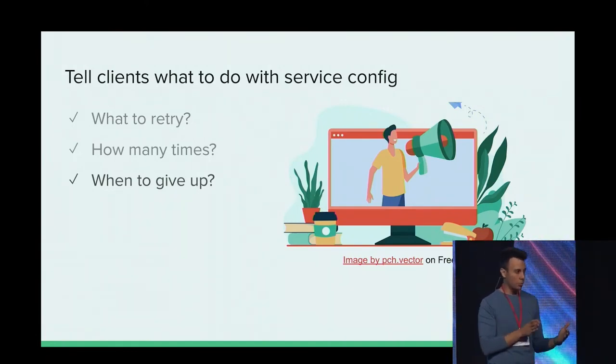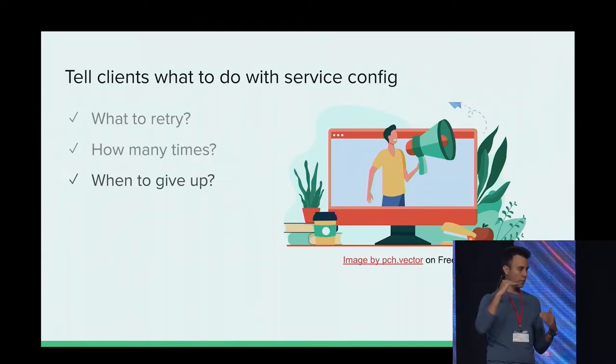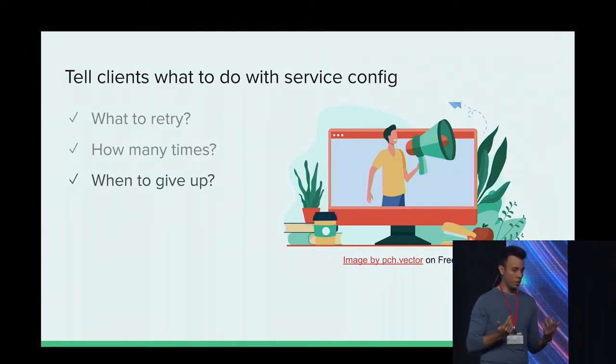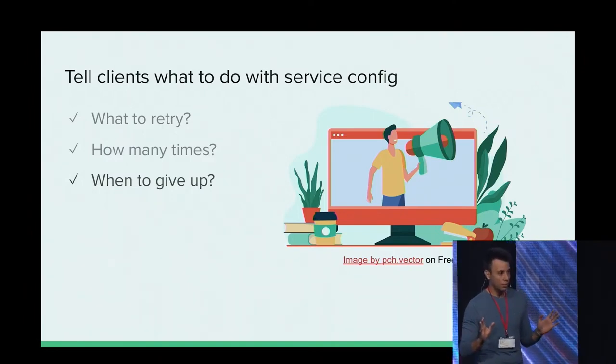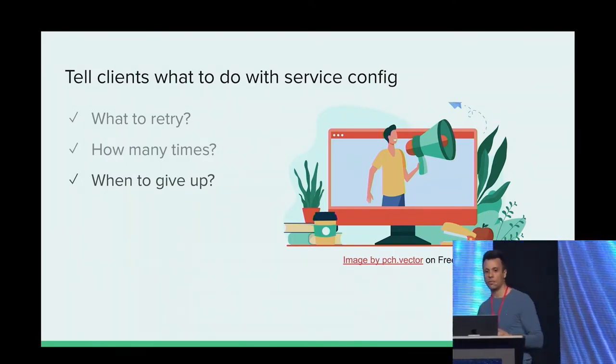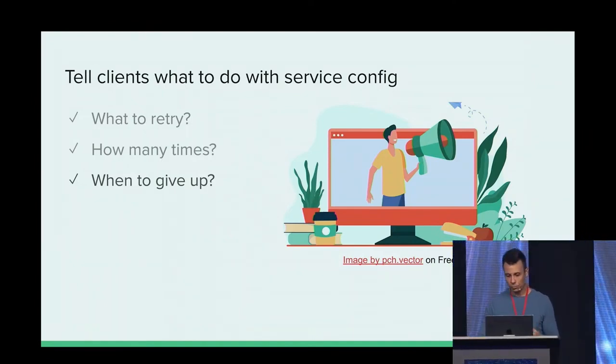And what the client will do, honoring this policy, is that it will monitor the failure rate, and when the failure rate goes above what is described in the policy, it will stop retrying. It will still send the requests, but if it sees failure, it will not retry at all, right? This lifts a little bit of the pressure and would allow us to exit this vicious cycle of the retry storm.